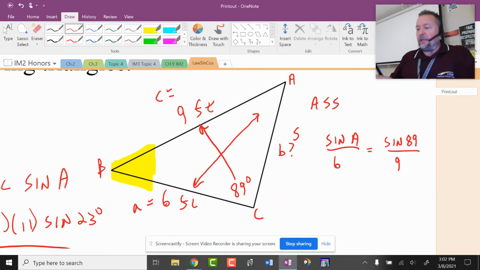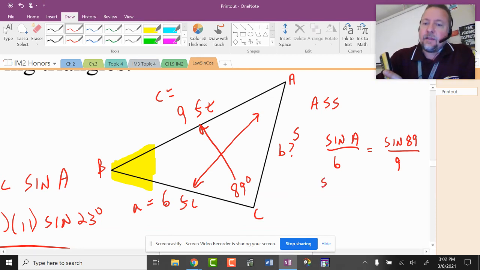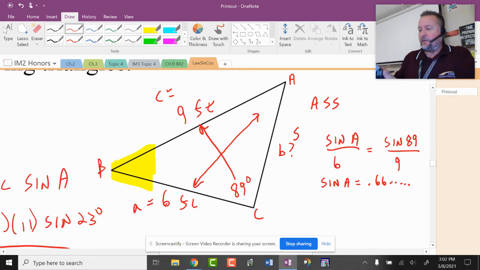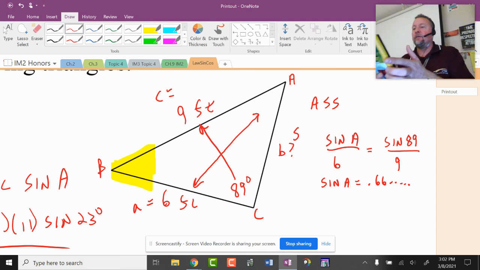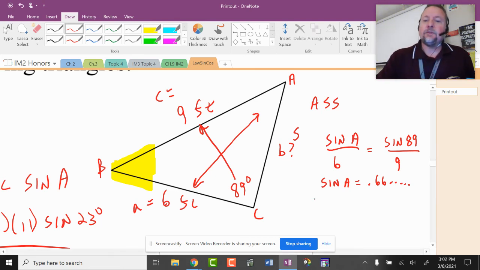And then you inverse sine that. So sine of A equals 0.66 blah blah blah. Don't round. You just go right to your calculator screen and hit second sine. Remember, you inverse that. Okay, so second sine that ratio of sides. Trying to show my camera there. Press enter. All right, so angle A